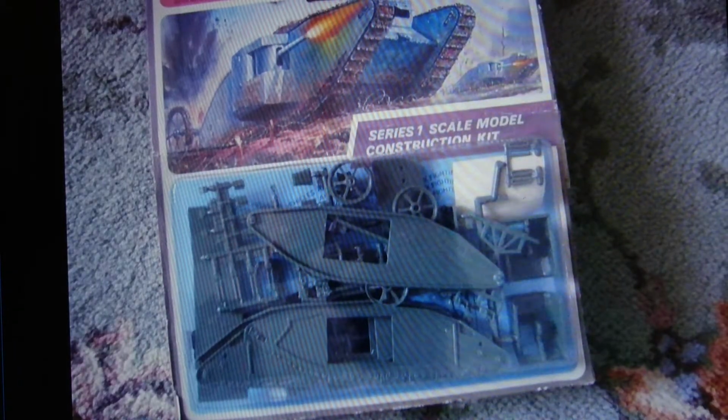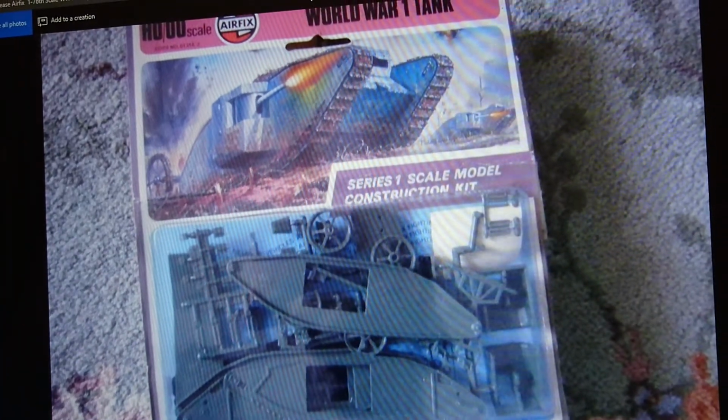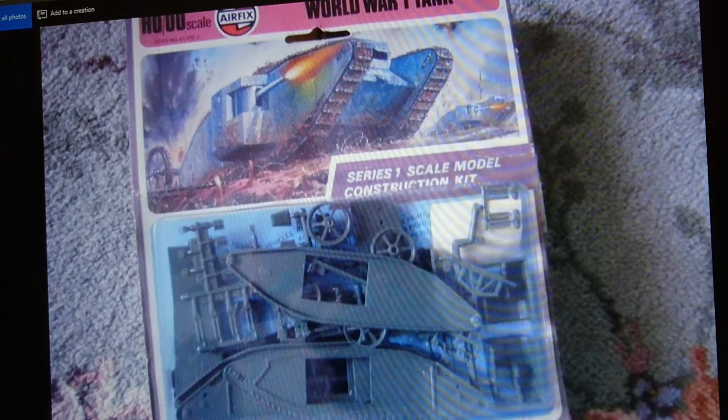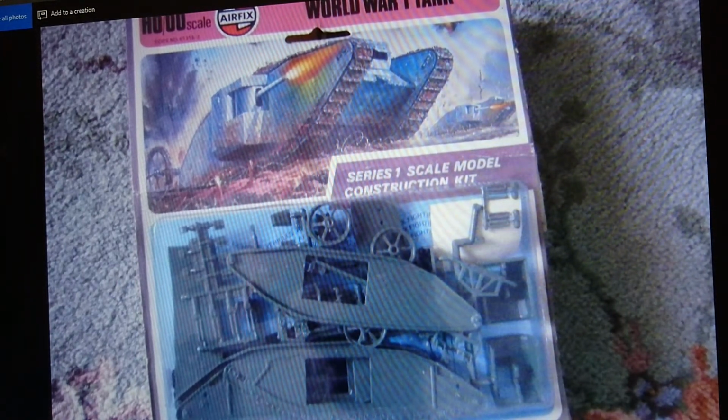The boxing history, we're looking first at the Airfix Mark 1. I'll just drop this picture down a little so you can see it entirely. But basically, the Airfix female Mark 1 tank has all of its origins from the Airfix Series 1 World War One tank. But when this particular kit was issued back in 1967, it was actually issued in a bag kit. Prior to this, this was a 1970s issue, but the kit was released with no definition between the male and the female